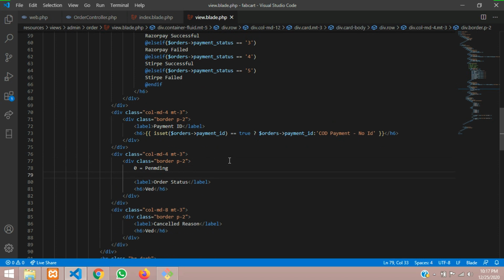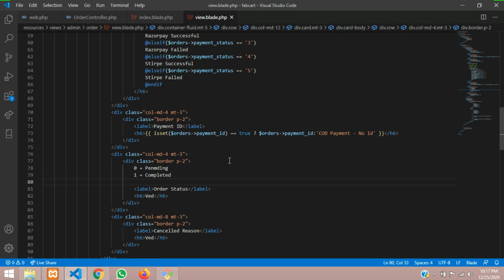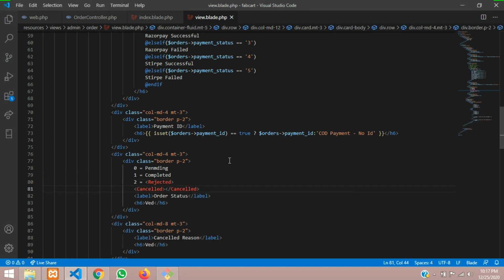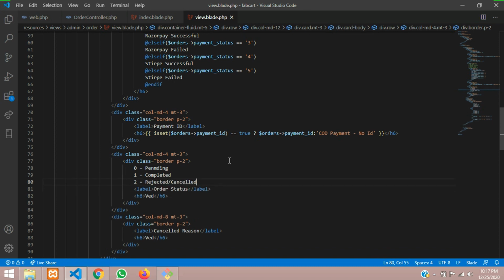So it is pending now, and 1 is equal to completed, and 2 is equal to rejected or cancelled. So now we have till this.